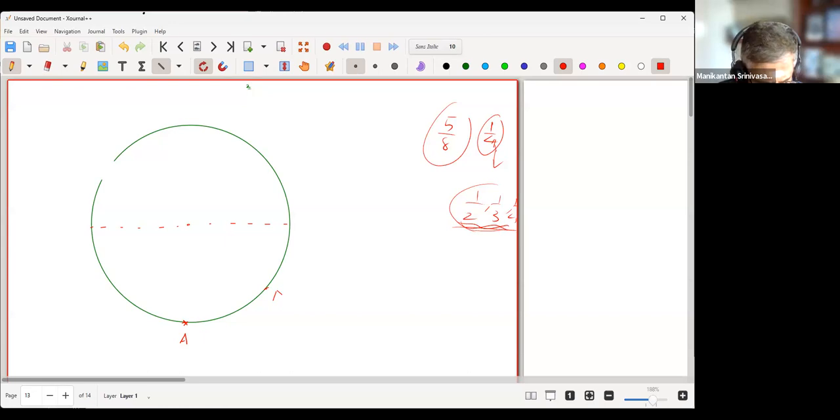And if both are on the left side, the probability of that is 1 by 16. So 1 by 16 plus 1 by 16 plus 1 by 4 is the probability of not forming. Okay. And then you're saying if both of them are above and they have to be on the right side